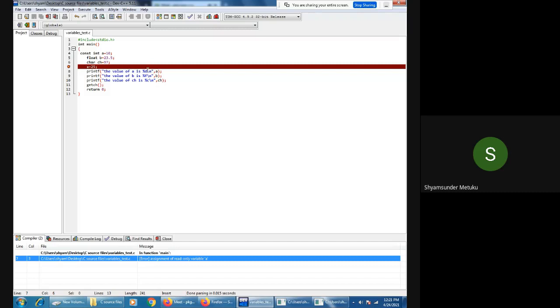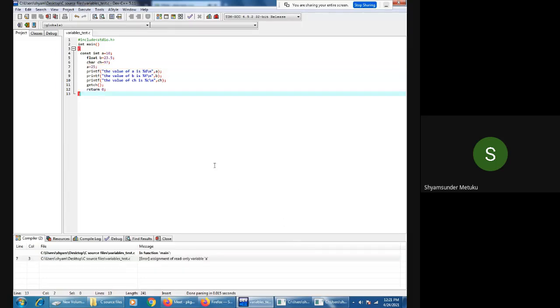The line is highlighted, no? The error one, which is not acceptable. Correct or not? Yes, sir. Is it clear? Yes, sir. Tell me, yes or no? Yes, sir. Fine. So let me remove this. Then the remaining you can practice, because a constant is nothing but something whose content you are not supposed to modify.